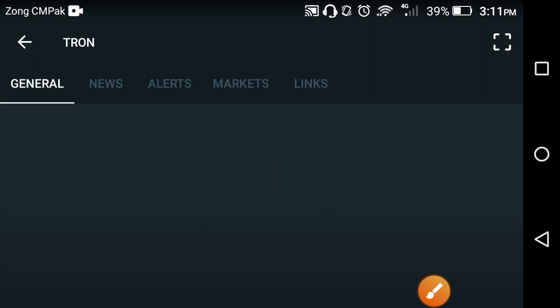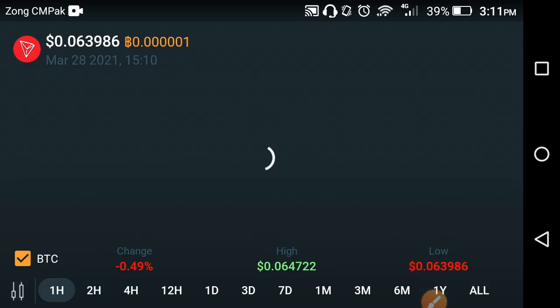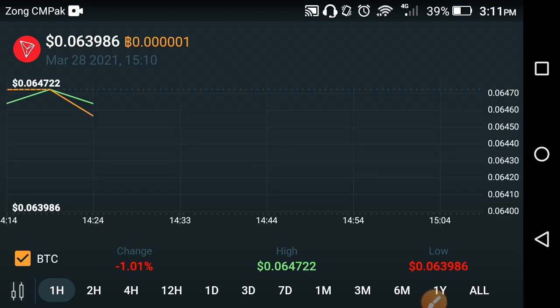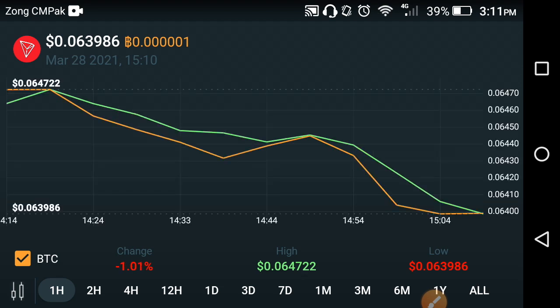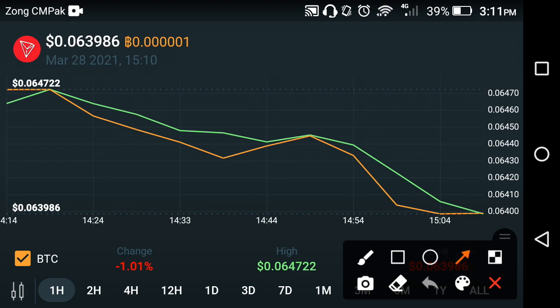Now let's see what price changes occurred in TRX crypto in the previous 1 hour. Let's see the last 1 hour result of TRX crypto in the market. Oh my god, it's very bad news for all TRX holders. At this time the TRX crypto falls down, as you can see now. Over the previous last 1 hour it has been continuously falling. I'm sorry to say that, but it's the reality of TRX crypto in the previous last 1 hour.